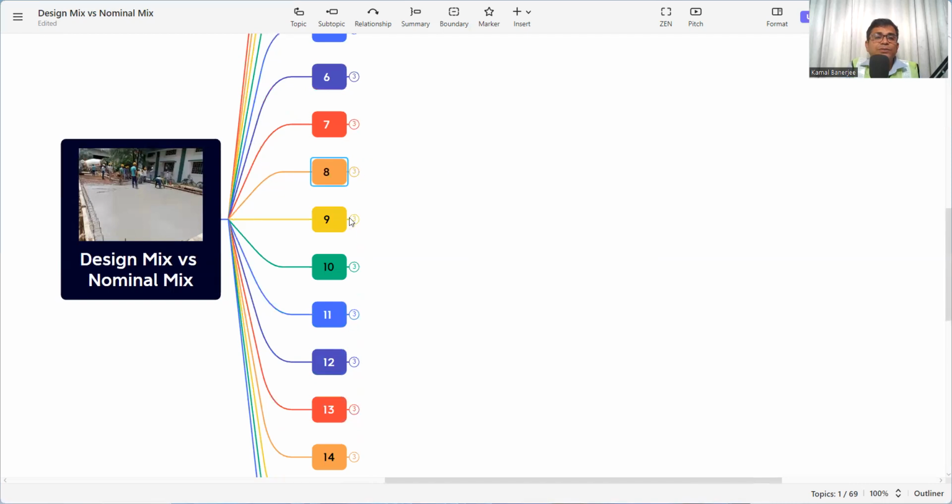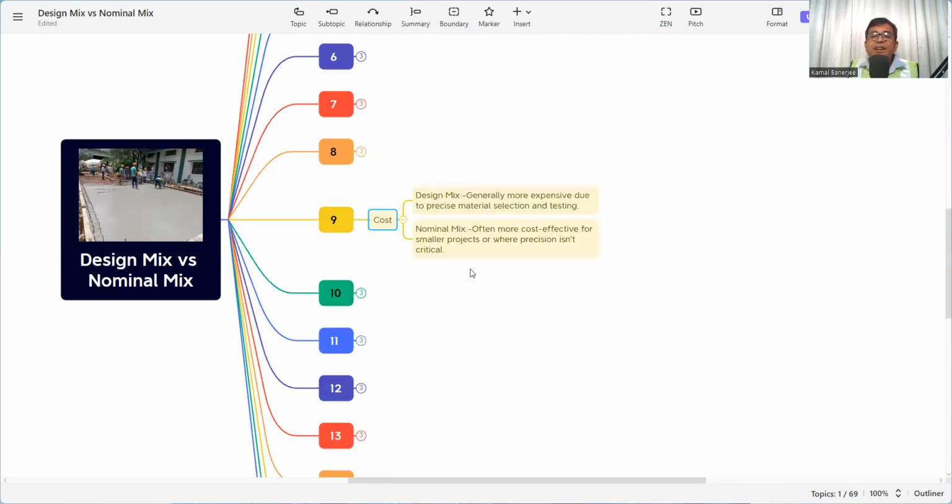The next part is cost. Design mix is generally more expensive due to precise material selection and testing, whereas nominal mix is often more cost effective for smaller projects or where preciseness is not critical. But the nominal mix has limitations. We cannot use it for more than M25, or wherever the material is varying or the quality control is more stringent. That's why only the design mix is available there, but the initial cost is more, or the running cost